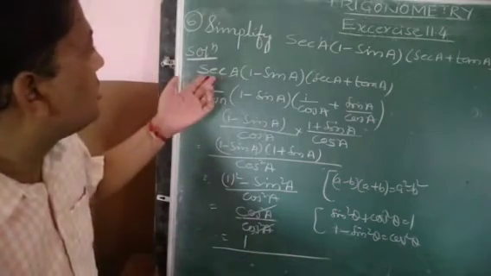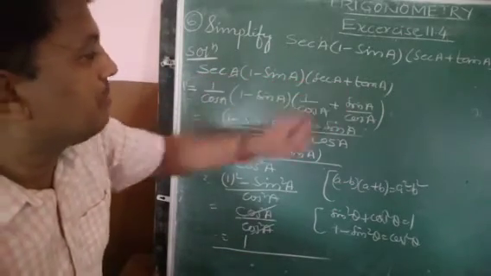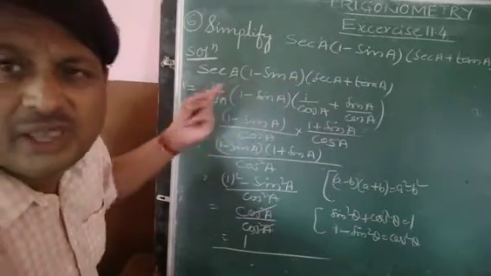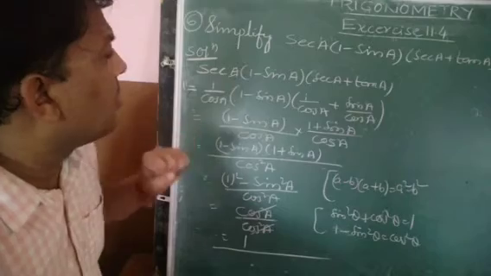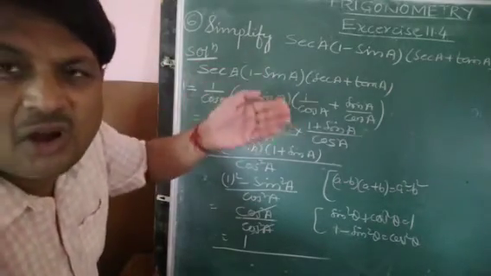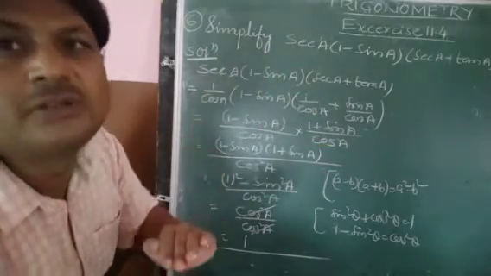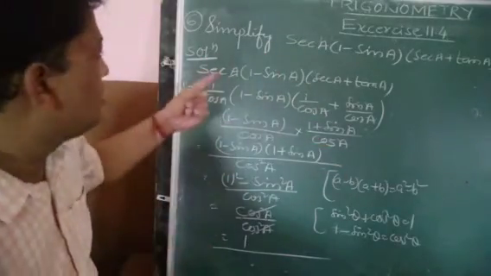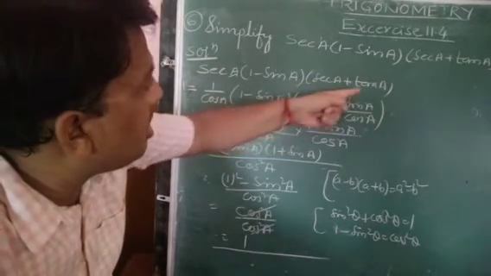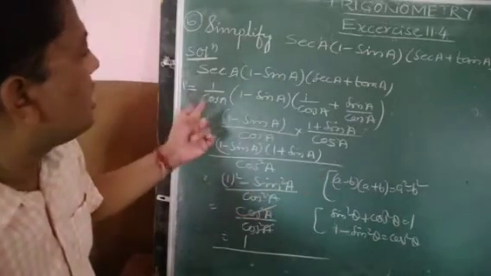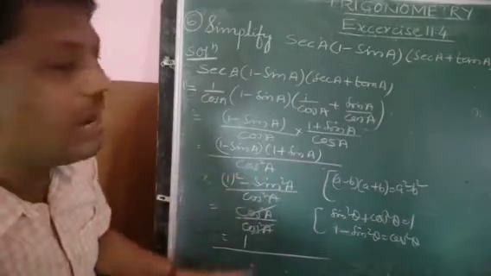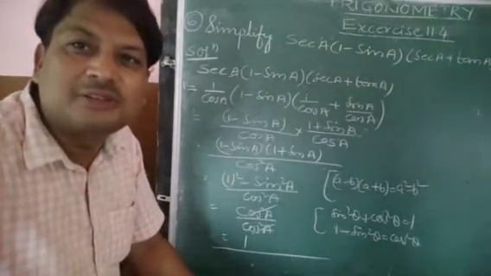Okay children, so sec A into 1 minus tan A into sec plus tan A. See what you have to do. Here nothing looks like a trigonometric identity applicable directly. So what can we do? Try to convert into simpler terms. That is, sec, cot, tan can be converted into sin and cos. So in place of sec theta, 1 by cos theta, the rest as it is: 1 by cos theta and sin A by cos theta. Just I multiplied inside and took the LCM. With this formula, we got the answer in one step, children.